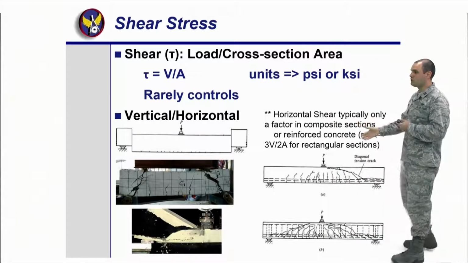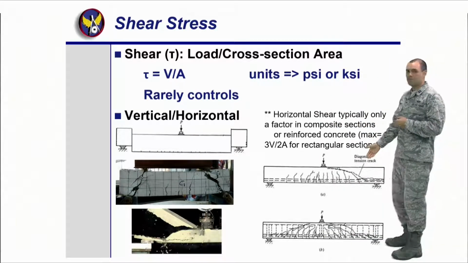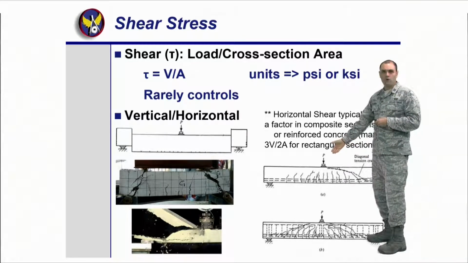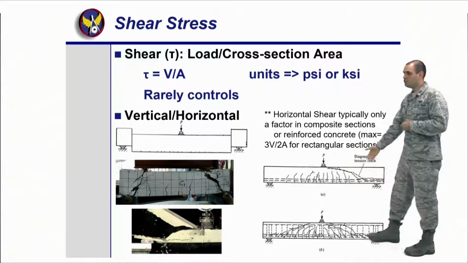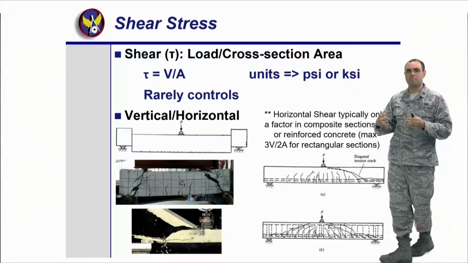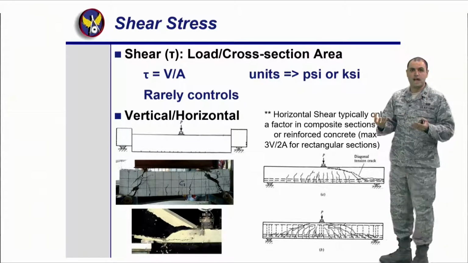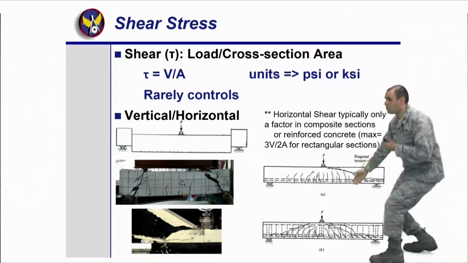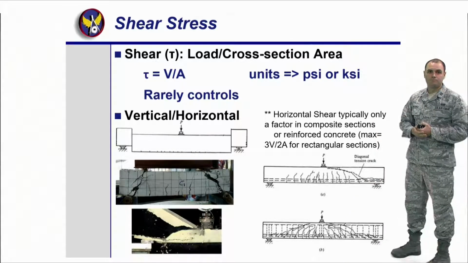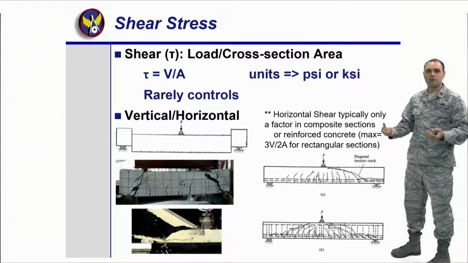So real quick so you can see the differences. Over here, this is considered a shear failure. Why? From the point of the force being applied to the support, I see a crack that's actually going to make my beam break, right? So you have a failure. Whereas in the bottom right here, you have the flexure failure. As you start seeing cracks in the bottom, it lets you know, oh, it may fail and you may evacuate